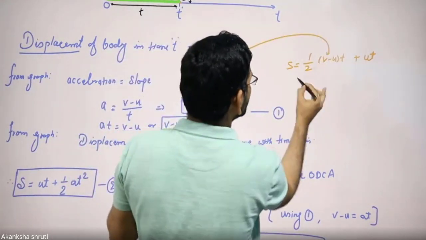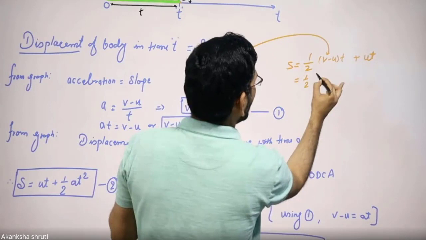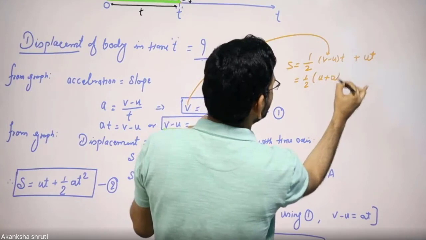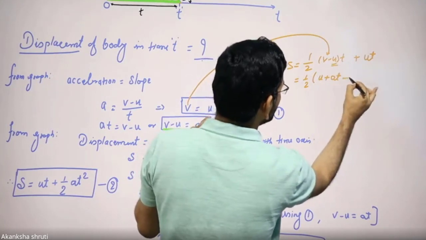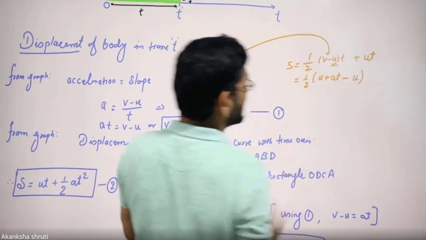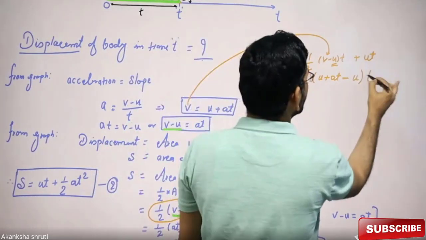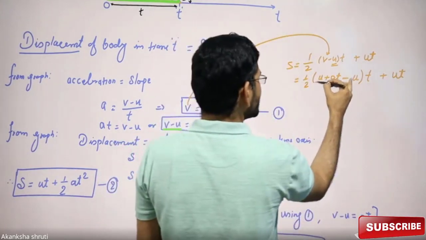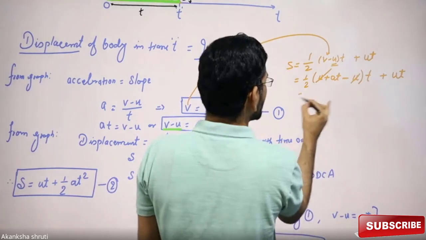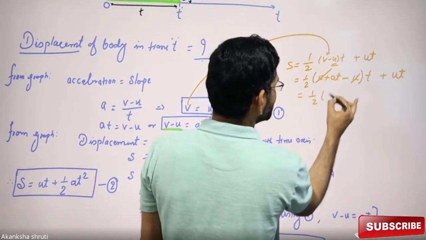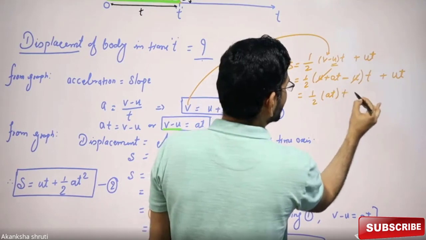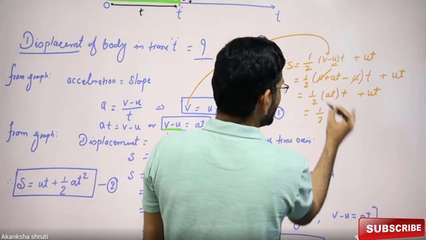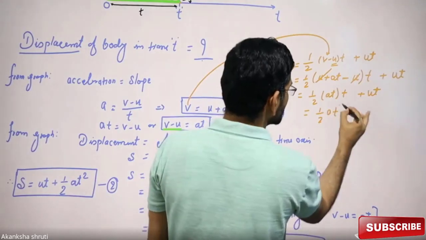ओके स्टूडेंट, अभी देखिए v माइनस u, तो मैं अभी इस v को उठा के यहां पे पुट कर देता हूं, ठीक है? तो देखिए हाफ v के जगह हमें क्या पुट करने पड़ेंगे, u प्लस 80, बट ये u तो पहले से है यहां पे, तो ये हमें सब्ट्रैक्ट करने पड़ेंगे एक और u, तब जाके ब्रैकेट क्लोज होगा, फिर ये t बाहर रह जाएगा, प्लस ये ut जो बाहर का है ये बाहर ही रहना है। अभी देखिए इस केस में u एंड u आर गेटिंग कैंसिल्ड, व्हाट इज लेफ्ट, हाफ इस ब्रैकेट के अंदर 80 है, एक और बाहर से t प्लस ut। स्टूडेंट देखिए अभी a तो एक ही है बट t दो है, तो t स्क्वायर प्लस ut आ गया.